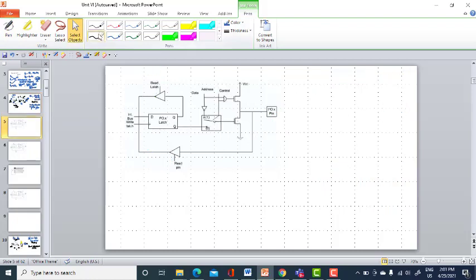Okay, so let me go ahead with the output function. When this particular port is behaving as an output port, okay, let me assume that this is an output port. Why specifically we are giving it as P0.x is that x can take any value between 0 to 7. Okay, so output function means I need to configure this as an output port, which means I need to place 0 at the internal bus. Assume that I have a clock high. So when this is 0, this is 0 and this will be 1. When this is 1, now this is being connected here. So this is 1 and this is on. So when this is on, this is grounded. This is grounded. Okay.